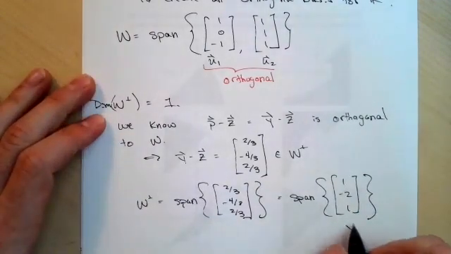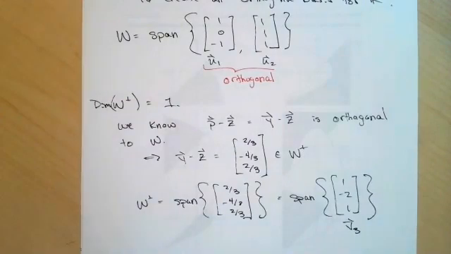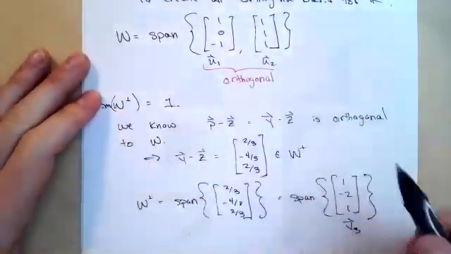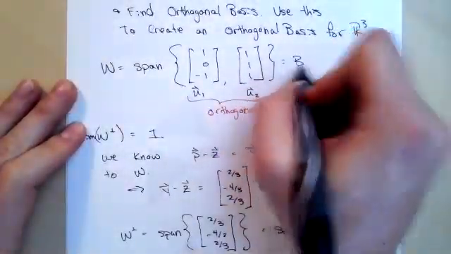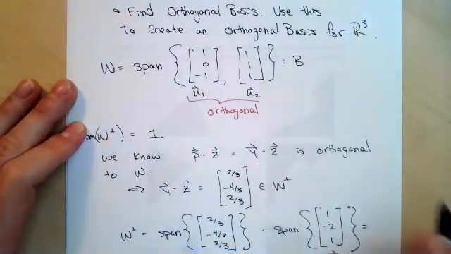Let's call this V, and I'm going to give it 3. I like to keep the indices on our basis elements going consecutively, but I like to use different letters when we're talking about the bases for different subspaces. So if we combine these two bases now, like if this were our B1, and this one B2,